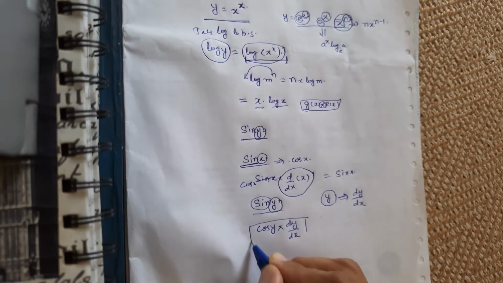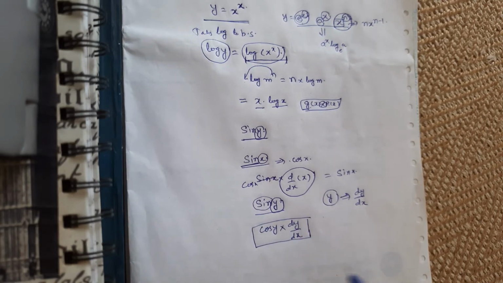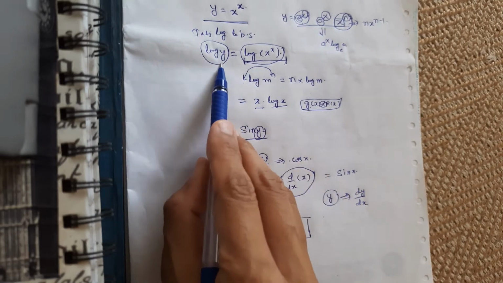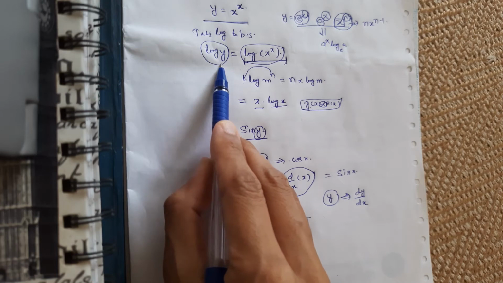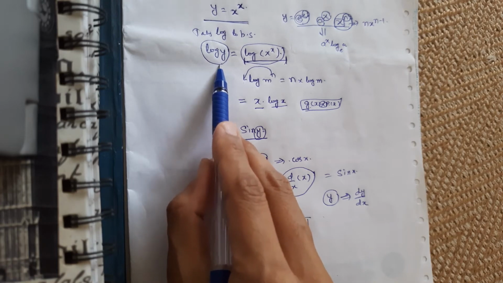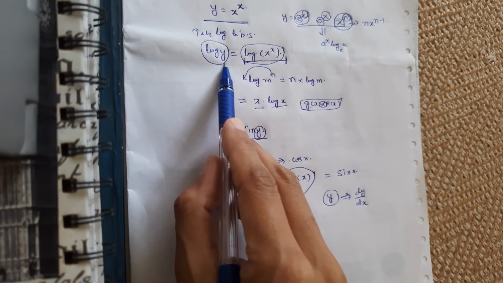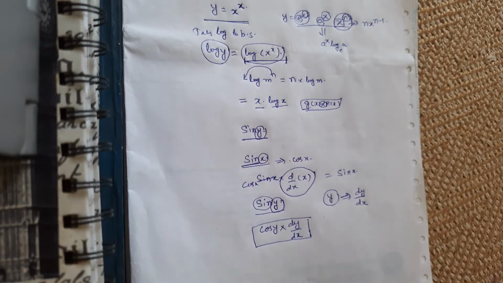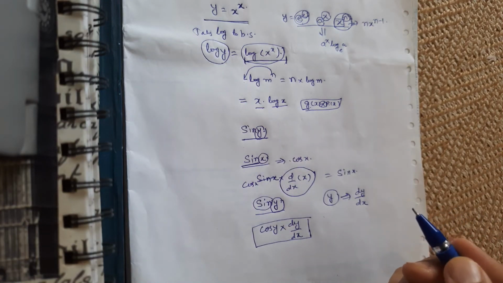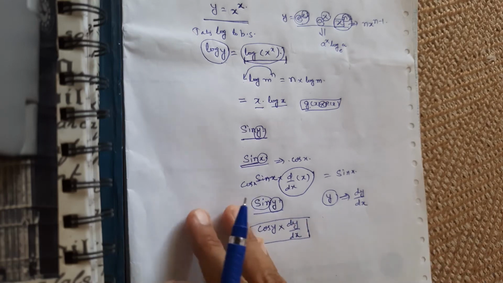So simply I just want you to remember that whenever there is a y term and you want to take the derivative of the y term, your y is your output or your dependent variable, then write the derivative the same way you write the derivative of an x function, just multiply it with dy by dx. Did you remember this? Yes, it is a very simple rule.